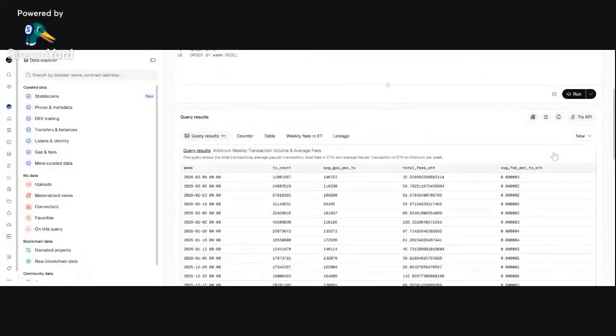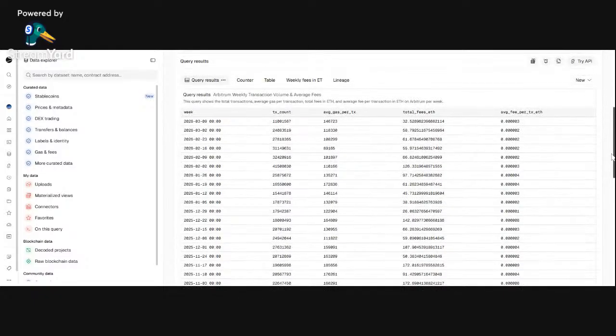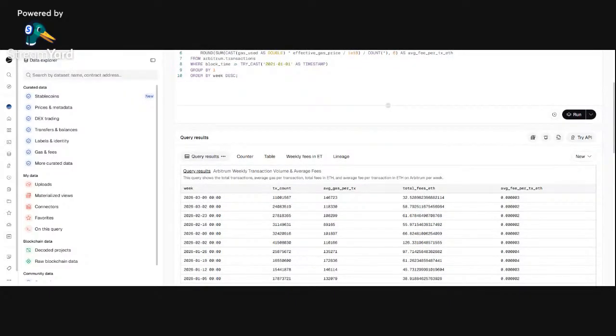So this is what I got. You can see, because the order is descending, the week we are in, the week of 9th March, is at the top. You can see the transaction count. I didn't want to present all this information on a table or a dashboard visualization because I felt it was going to be too much. Like I said, what I was checking for was just basic stuff, but I had a lot that was not represented on the dashboard. So we can see the transaction counts, the average gas per transaction, the total fees in Ethereum and the average gas fee per transaction here.